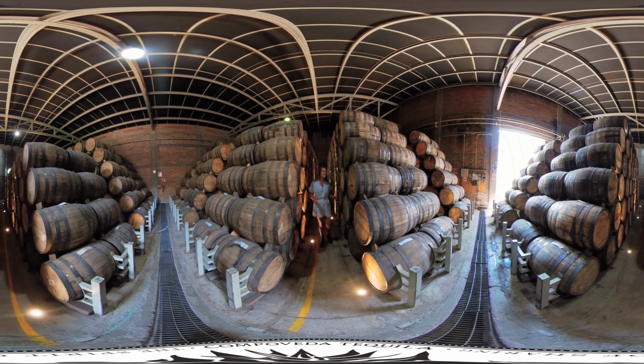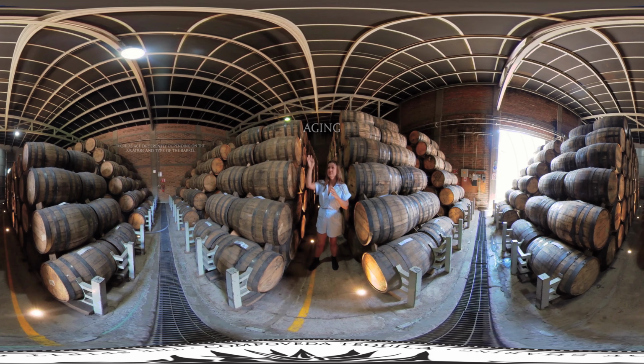So we've distilled our tequila and it's come out as a blanco. If it's not gonna be bottled that way, it's gonna end up here in the aging room. Take a look around. There's a lot of barrels in here, and all of them age very differently. If they're stacked on the top, they're a little closer to the ceiling, maybe a little bit warmer, they're gonna age a little bit faster. And if they're on the bottom, they're gonna retain a little bit more moisture, be a little bit cooler, and